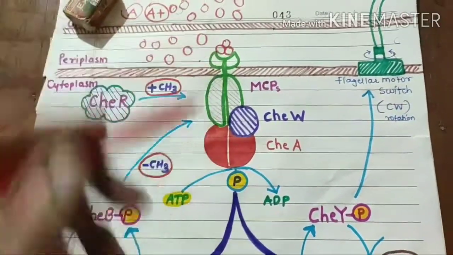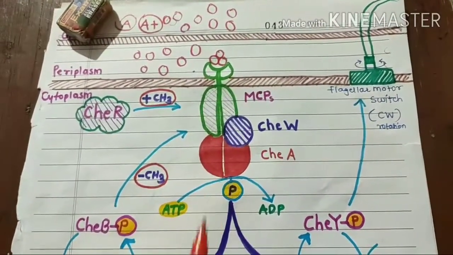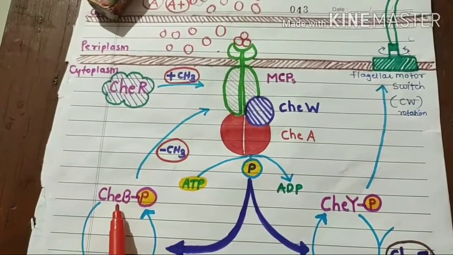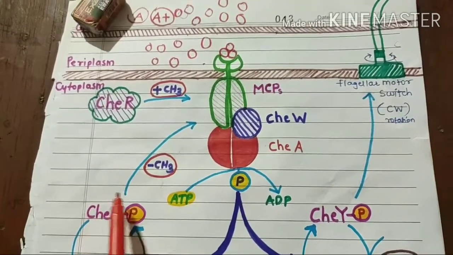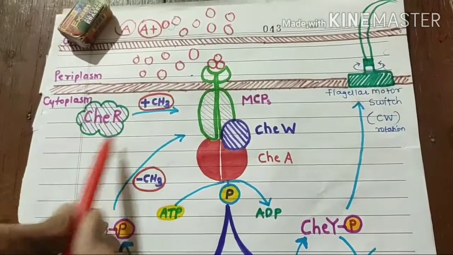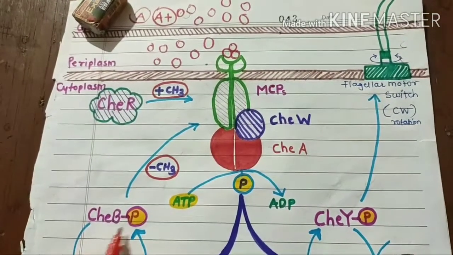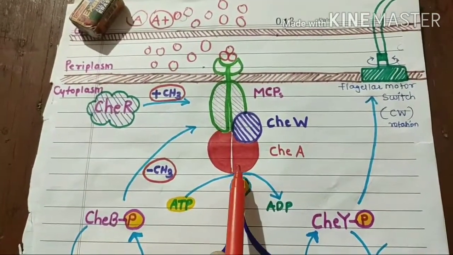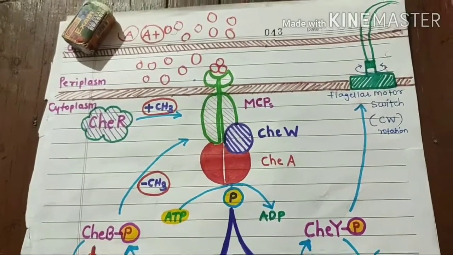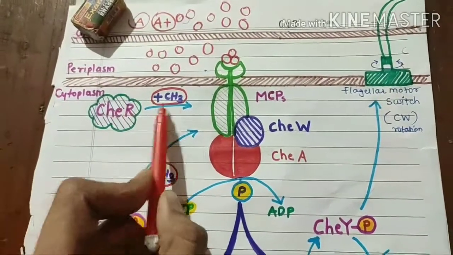But now as the attractant is bound, this CheA becomes inactive. So in inactive form, it will not form any CheY-P or CheB-P. So there will be less demethylation and more methylation due to CheR activity, okay, because there will be less CheB, because the histidine kinase is not available to phosphorylate this CheB. So the rate of demethylation will be less than the rate of methylation.